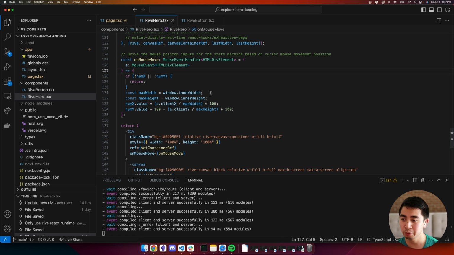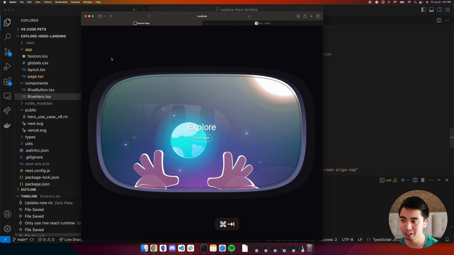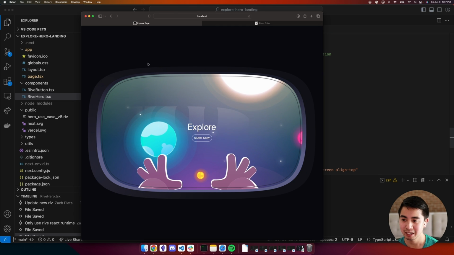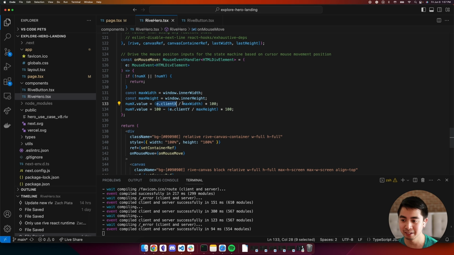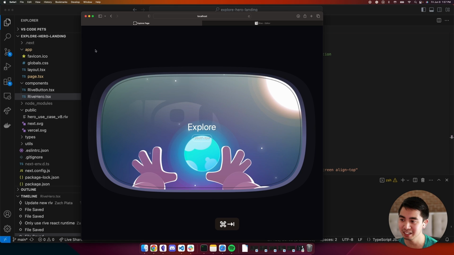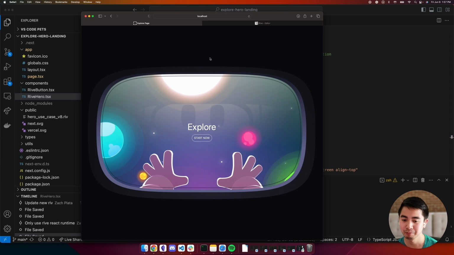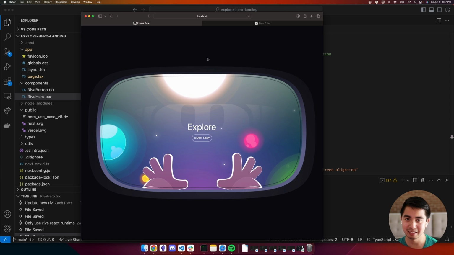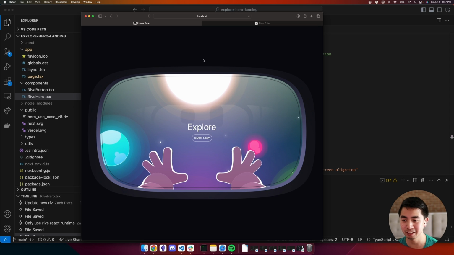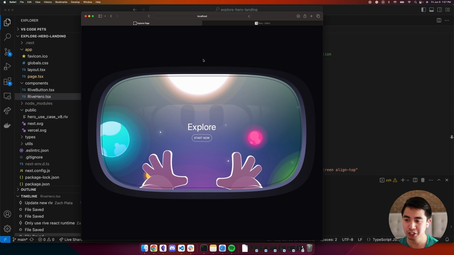You can see here what we're starting with is the inner width and the inner height. We're grabbing references to basically the max width and height there. We want to basically take the cursor x value and take it as a percentage based on the max width of our viewport. And we're going to be multiplying that by 100. So basically we're getting where our x axis for the cursor is as a percentage.